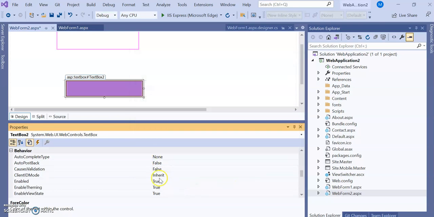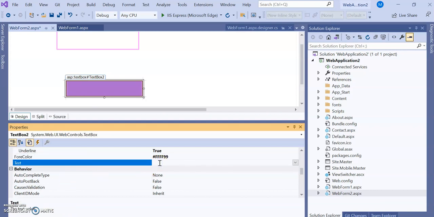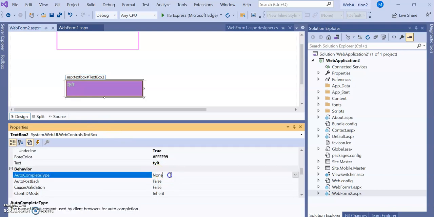Okay. Now these are the behaviors. Text, even I can specify the text. Suppose I specify the text as TYIT. Then see, you can see here TYIT. Then behavior, autocomplete type, none.